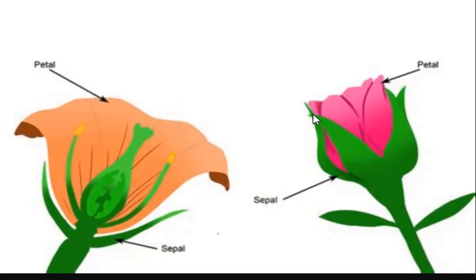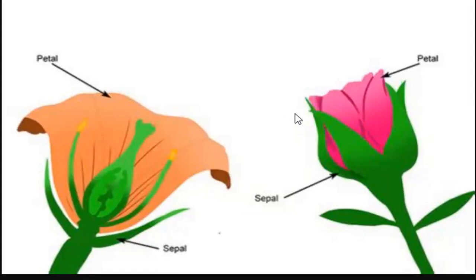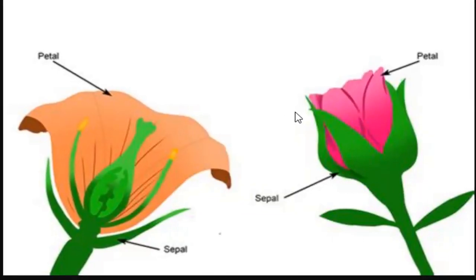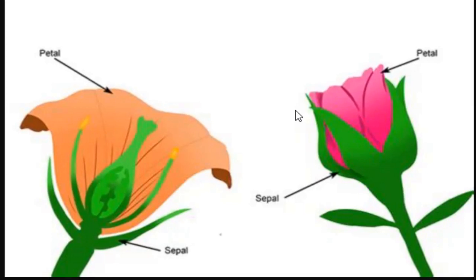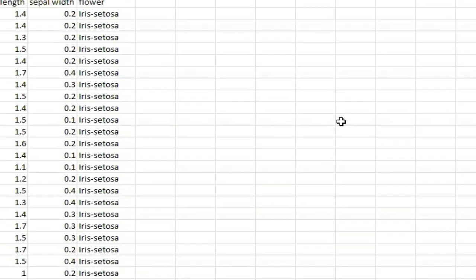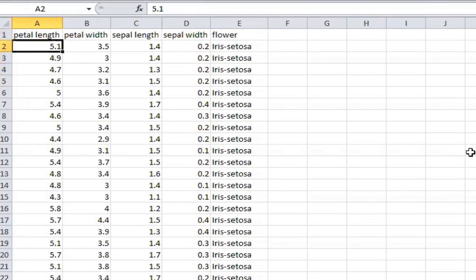And this leaf, which is like the covering of the flower, is known as the sepal. I don't know the right pronunciation, but I hope you got the idea from this image. So these are the things we have: petal length, what is the length of the petal; petal width, what is the width of the petal; sepal length; sepal width;